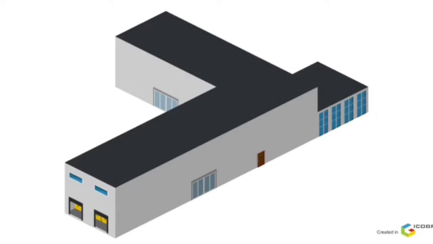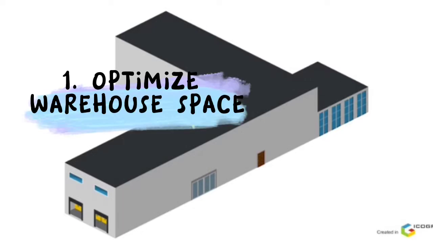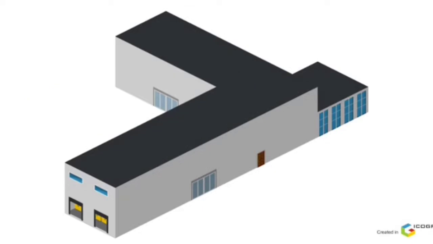The first one is optimize warehouse space. The most significant objective of a warehouse layout is to optimize the way warehouse space is used. Using warehouse space effectively allows companies to reduce the time it takes to produce a product and get it out the door, gain visibility into what is and isn't working in the warehouse, and organize inventory to streamline the process